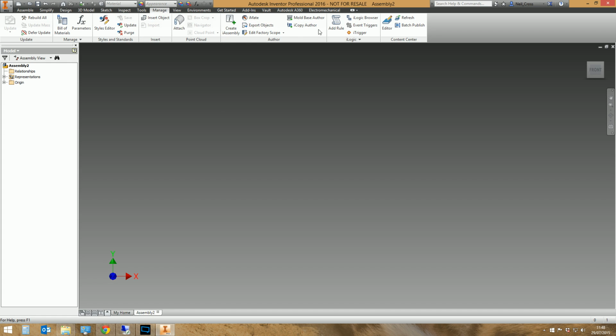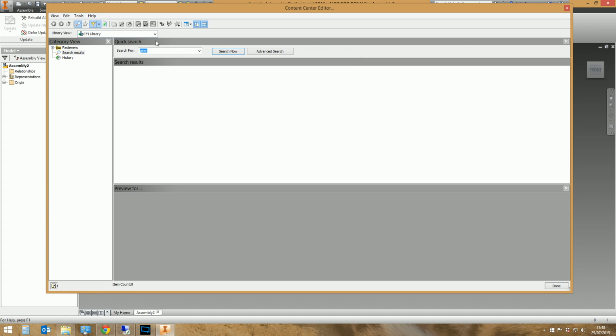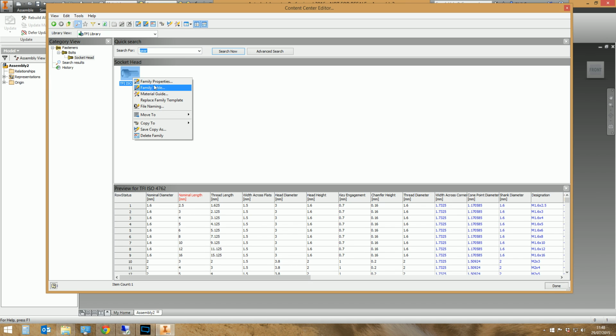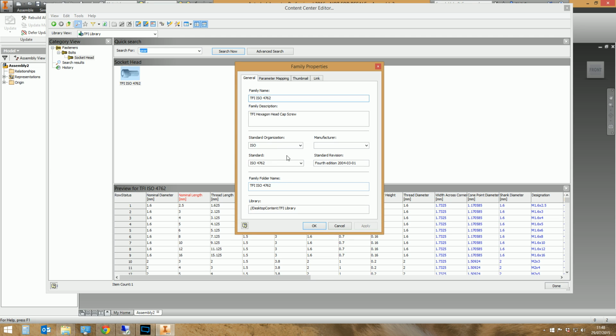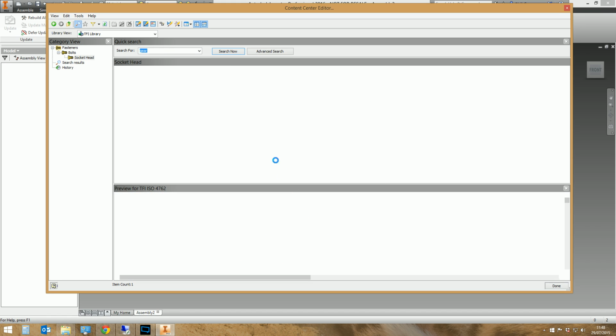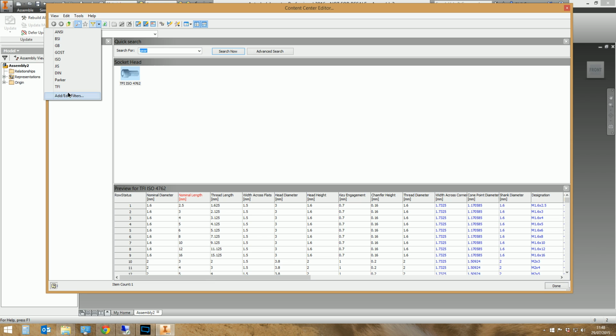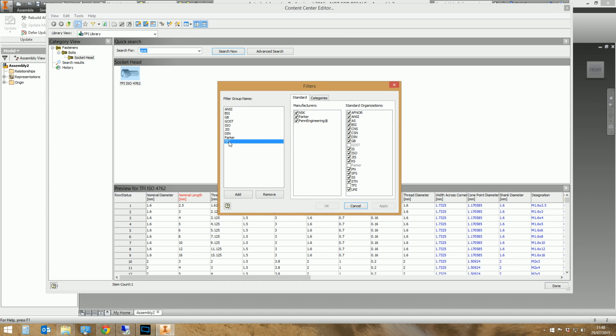So we're going to go back into the Content Center editor. We're going to look at the TFI library, fasteners, bolts, socket head, cap screw, and we need to get rid of the filter that I put on because it didn't work. Right click on that, go to family properties, and then for the standard we're going to say this is going to be, I'm not too sure if this is actually going to be a good idea, but we'll say standard organization is TFI. Right, and then we're going to go to add edit filters, TFI, and then whilst this filter is active,